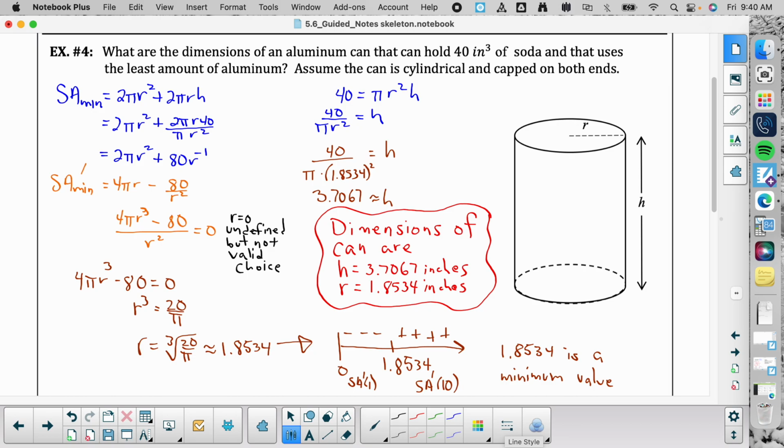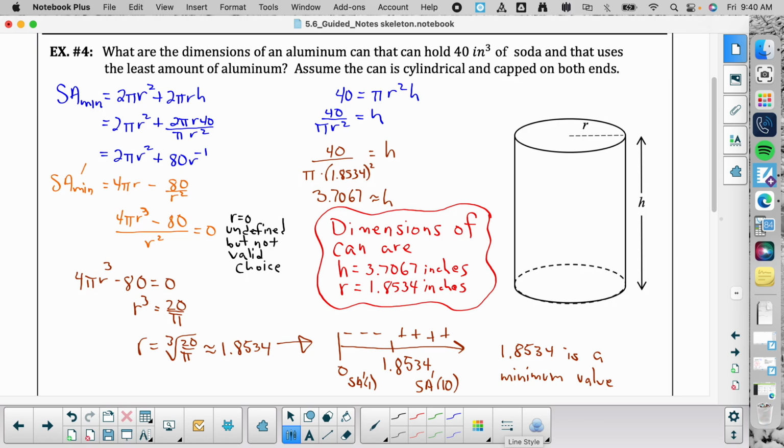Technically, it's not like unbounded. I mean, in theory, the radius could be however big you want, because the height would just get shorter and smaller to compensate for that, but you know, that would never actually be practical. So I made it unbounded because it technically is, but